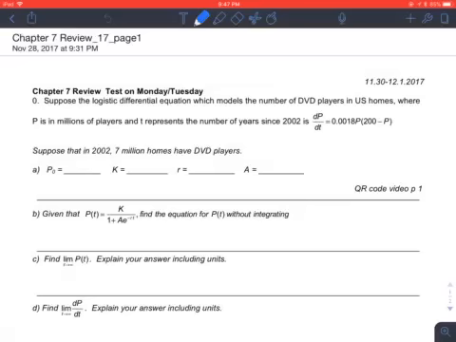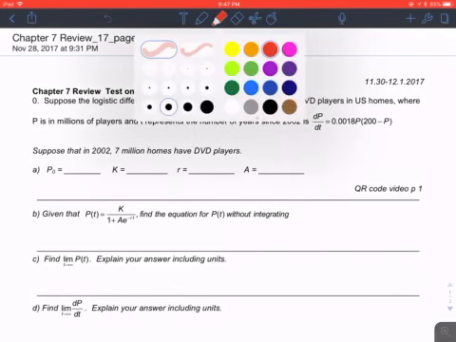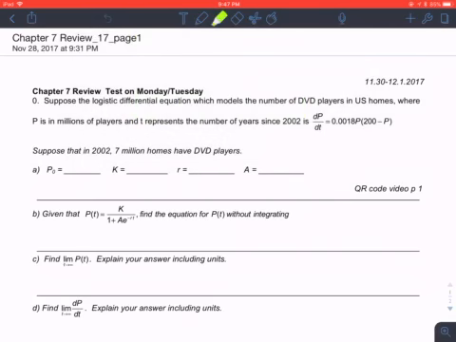Okay, so in the first one here, you're given the logistic differential equation. P is the number of DVD players in U.S. homes, P is in millions, and t represents years since 2002. Here it is. If we look at this, it gave you that in 2002, P sub 0 was 7. If you look here, carrying capacity is